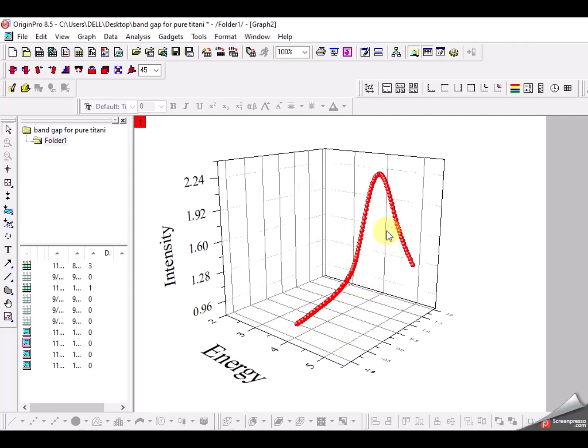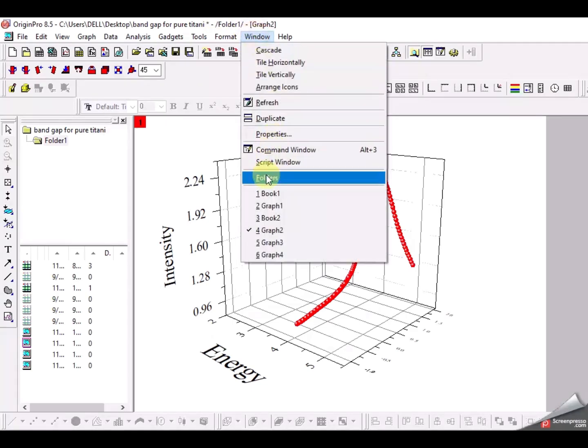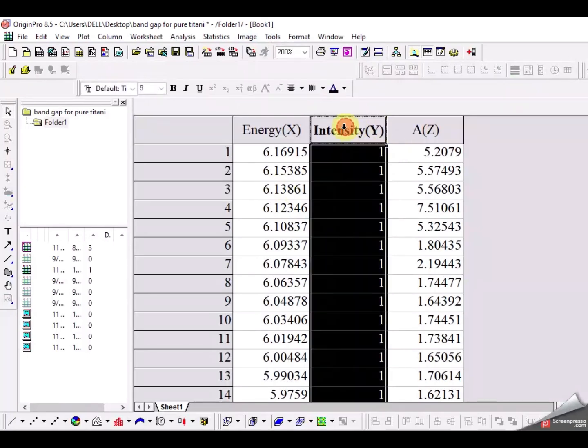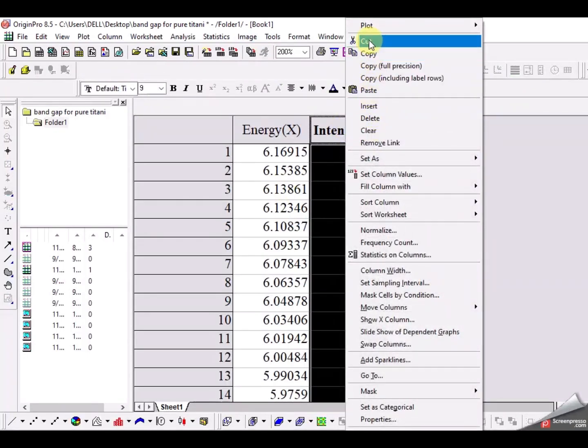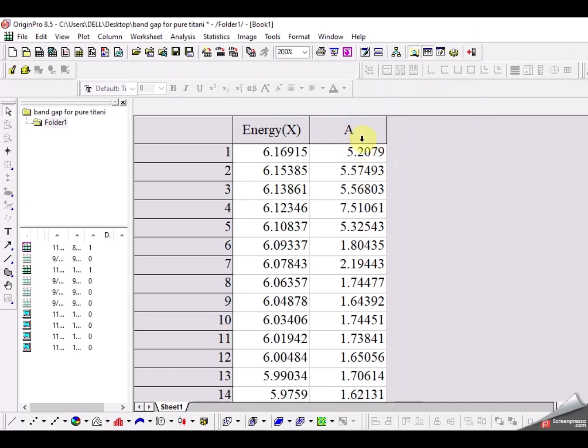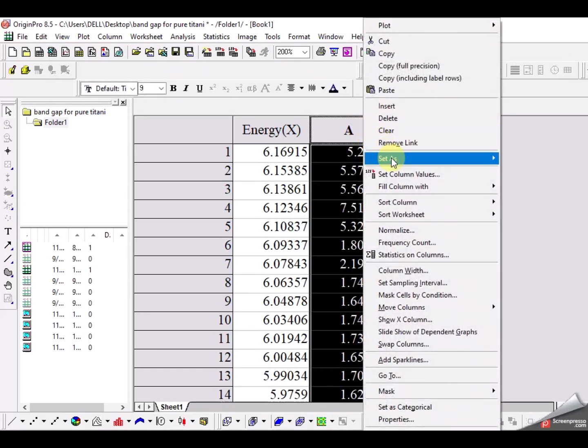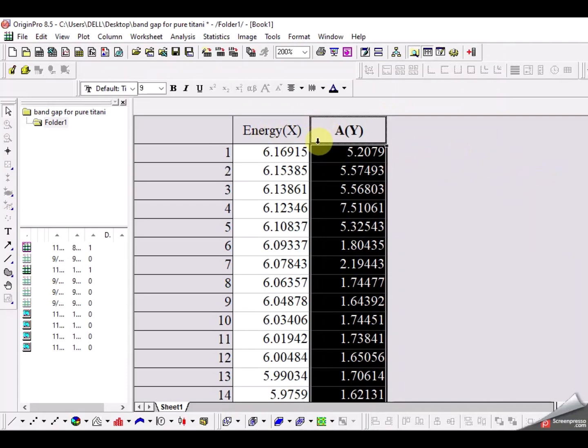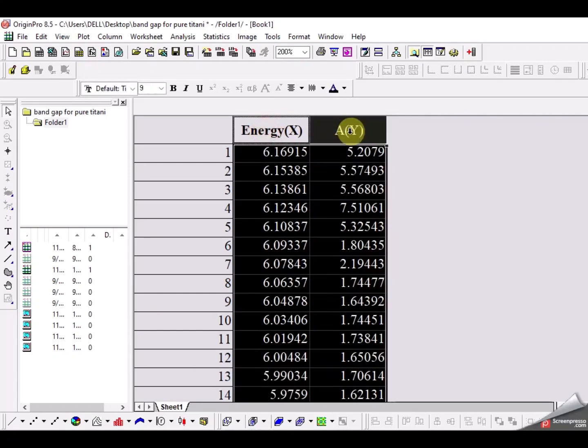But you can also convert your data into a 3D surface kind of graph for better visualization. And how it can be done, it's very simple. You need to have your data like this. Let's suppose you have the x and y data only, and this is set as y-axis. So you have the x and y-axis, and you don't need a third axis here. In this case, you need to select your x and y data and go to plot,